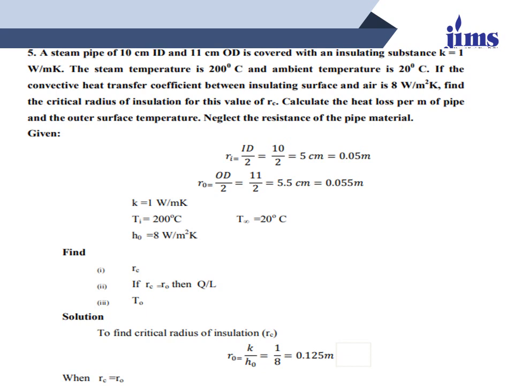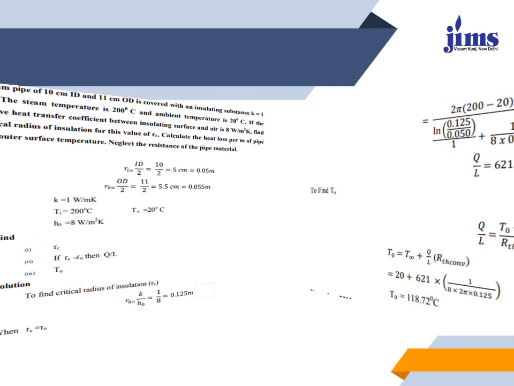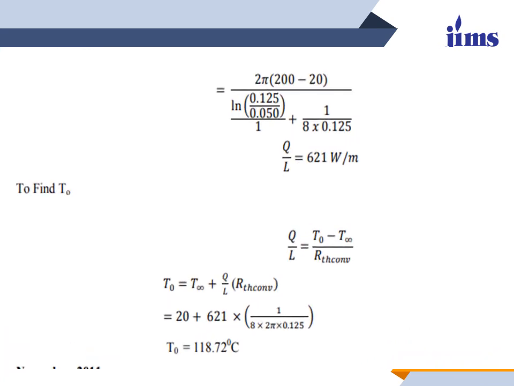So this is the first answer. Critical radius, that is R naught, is equal to 0.125 meter. The heat loss is equal to 2 pi divided by temperature difference and whole divided by the summation of thermal resistance. Putting all these values, Q by L is equal to 621 watt per meter, because delta T is equal to